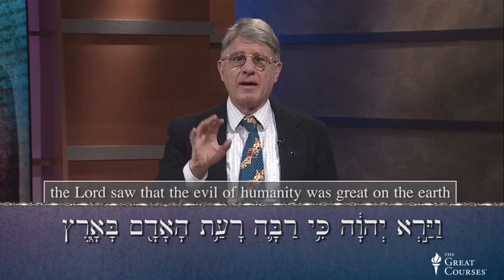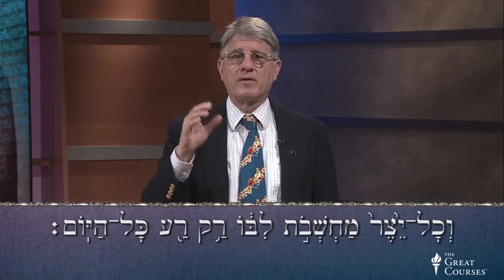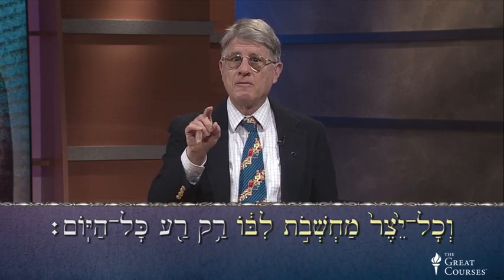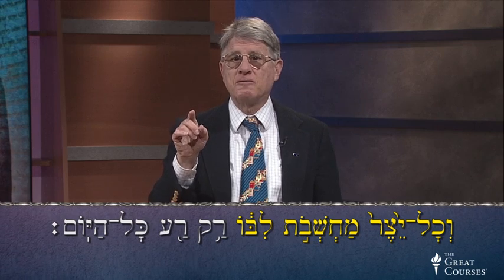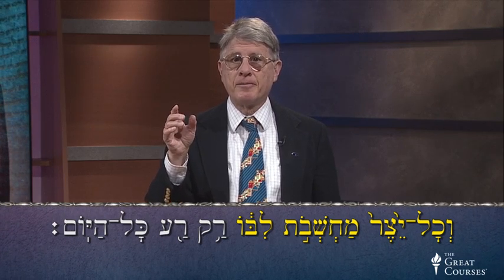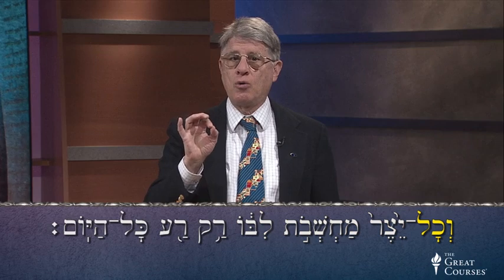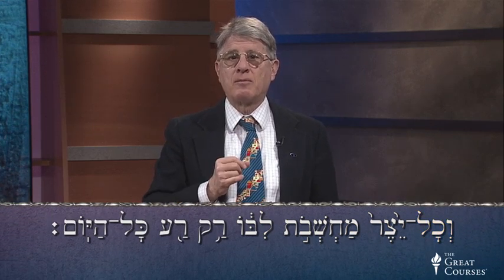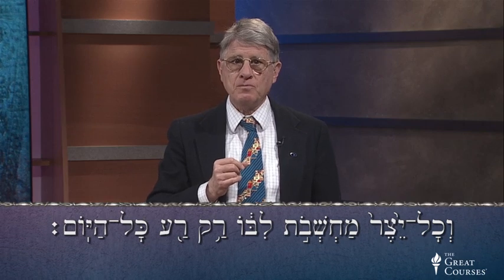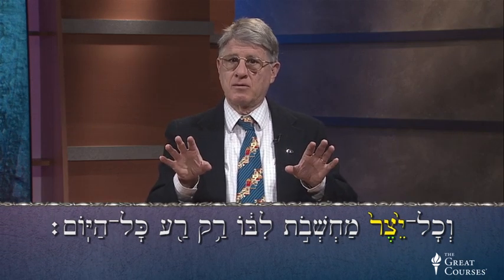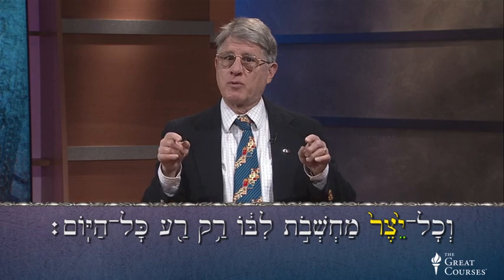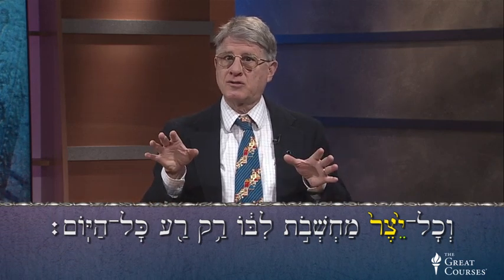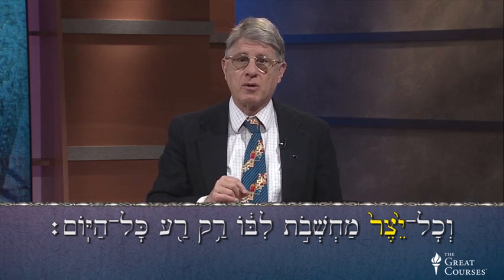And now the text elaborates with a construct chain that's 4 nouns long. V'chol yetzer machshavot libo. You recognize v'chol and all of. Let's see what we can figure out about the next 3 words. Yetzer, segolate noun, with a tsere vowel, by the way, so we know that his yetzer will be yitzro, not yatzro. See Deuteronomy 31:21 if you don't believe me.